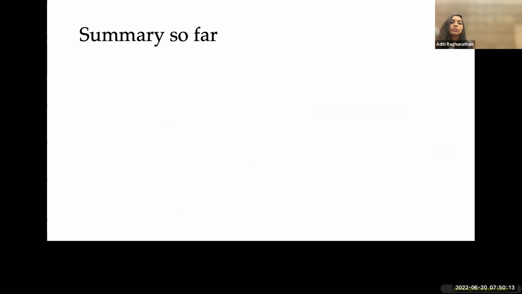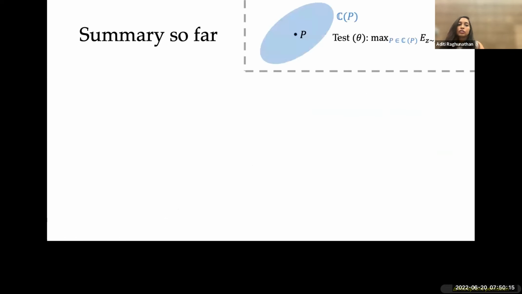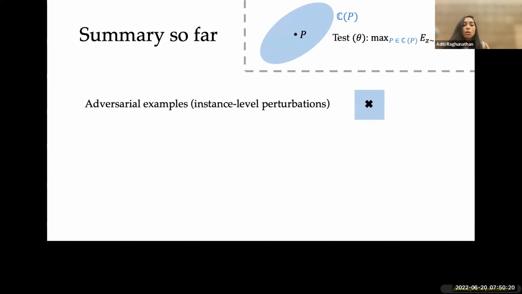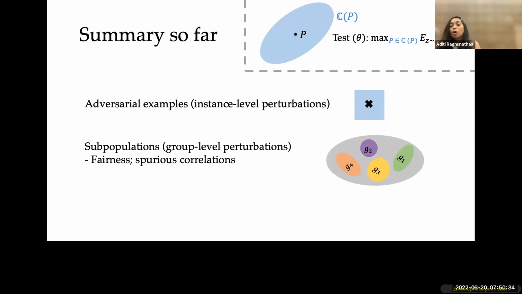So to quickly summarize this robust optimization framework that we have, we start off with adversarial examples, which are these instance level perturbations. So we have an input, we define a set of semantic preserving or small changes, and we want to make sure the model does well on the worst case perturbation. We might have subpopulations as well. So this is a little bit more at the population level, and we just break down this population into different groups.